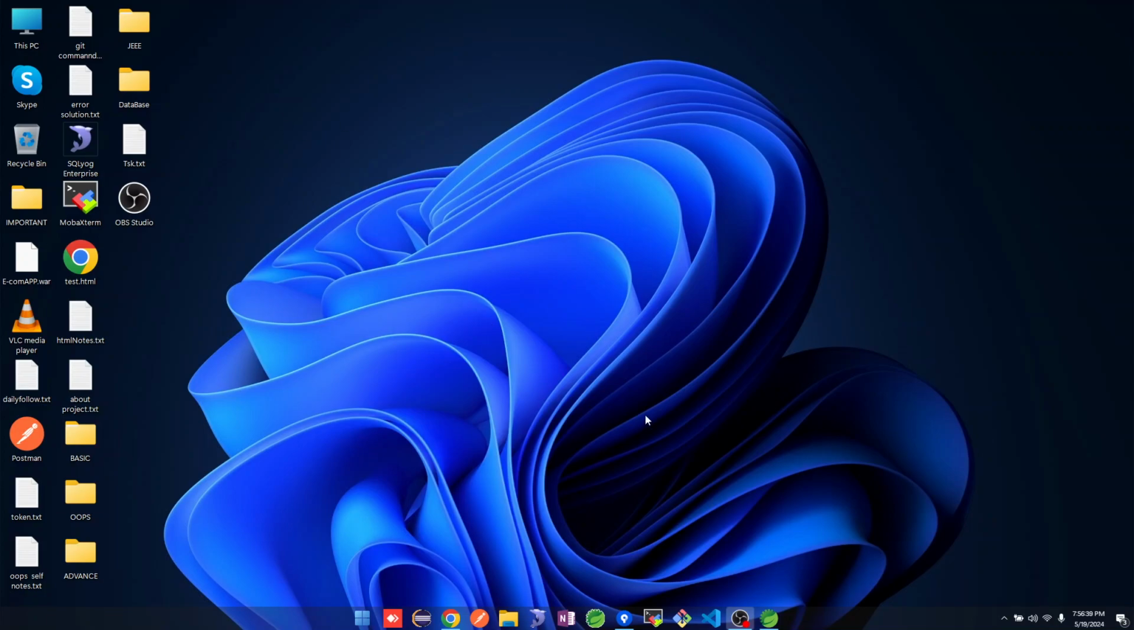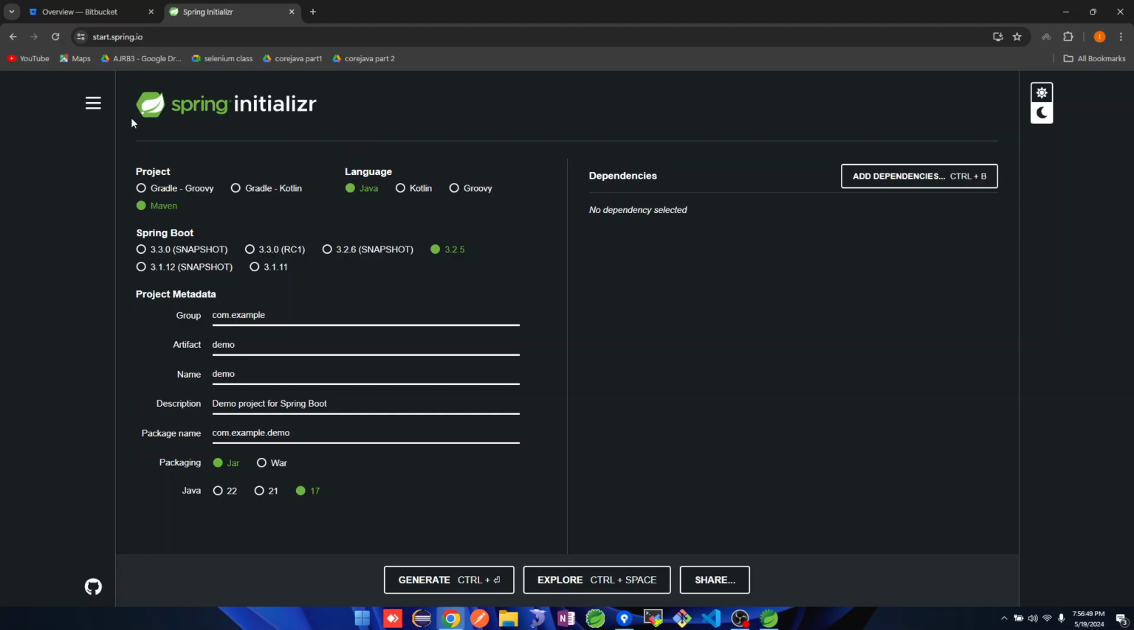So I'm going to create my first Spring application through the start.spring.io Spring Boot initializer website. In the Spring Initializr website, first of all, I'm going to create my Java application. In the project section, I have to select Maven because I am going to create a Maven project here, and in the language I have to select Java because I am creating the application with the help of the Java language. In the Spring Boot version, I selected 3.2.5